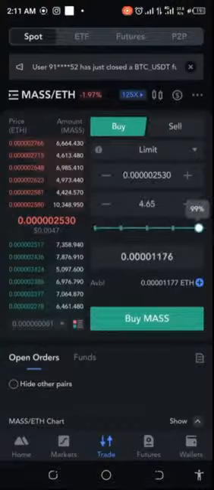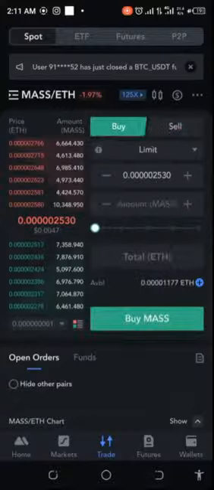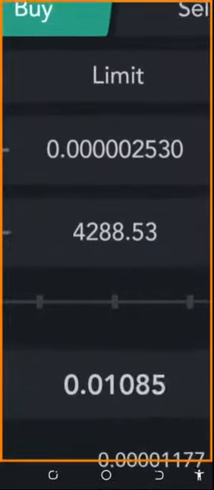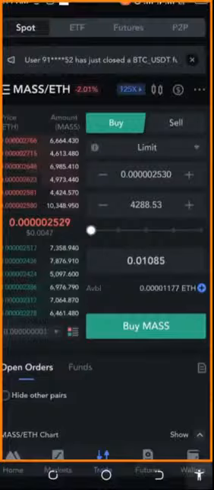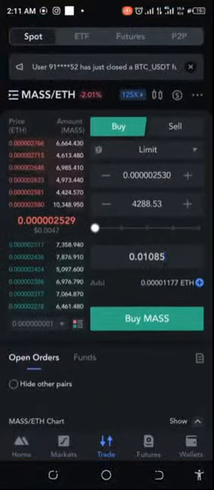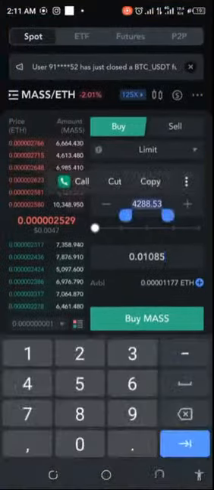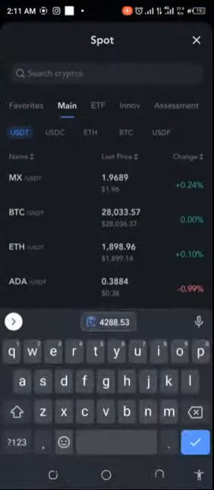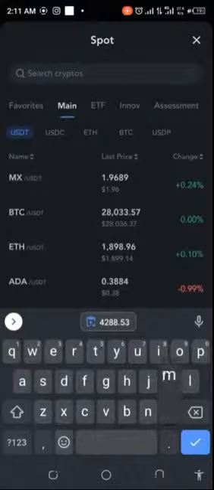Okay, so let me go back. Let's just do sell and buy again and put our ETH here. Okay, so we're back to 4288. Okay, 4288. So we're going to copy that. And then we're going to go over and try to sell this at mass. Mass what then? That's mass